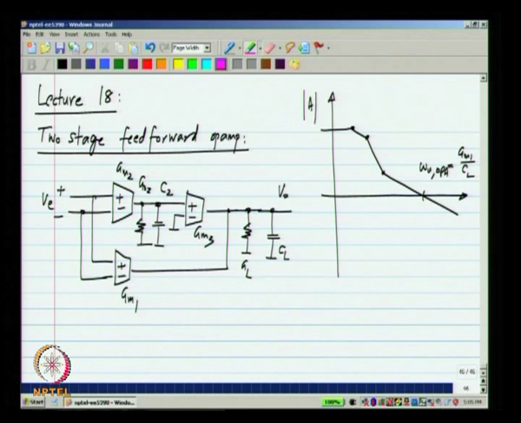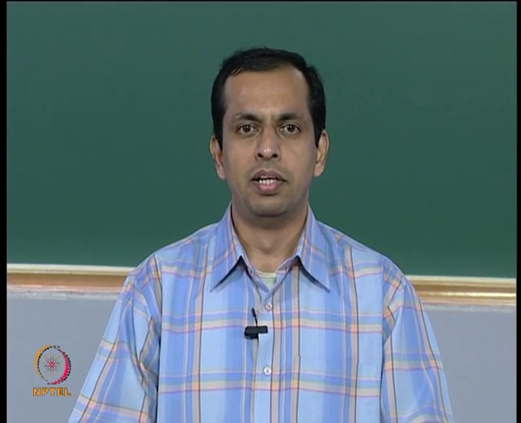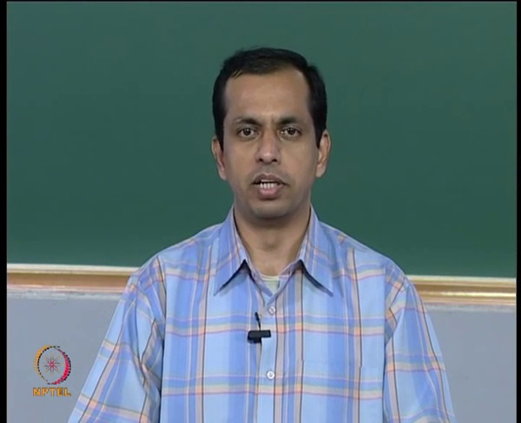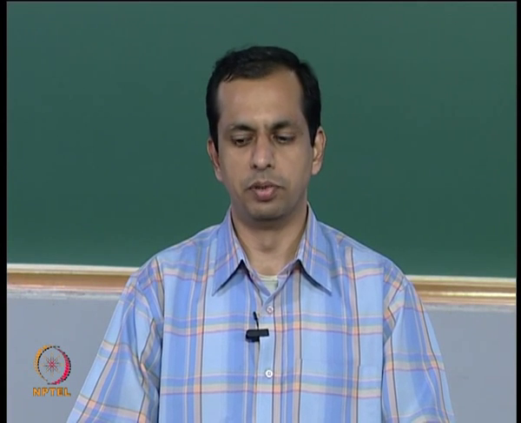Now, what we want to do is to evaluate the expression for the closed loop gain when this is placed in feedback. Again, we will just do the simpler case of unity feedback. If you have any other feedback, you have to substitute the unity gain frequency of the op amp by the unity loop gain frequency appropriately. I think you can do that by yourself.